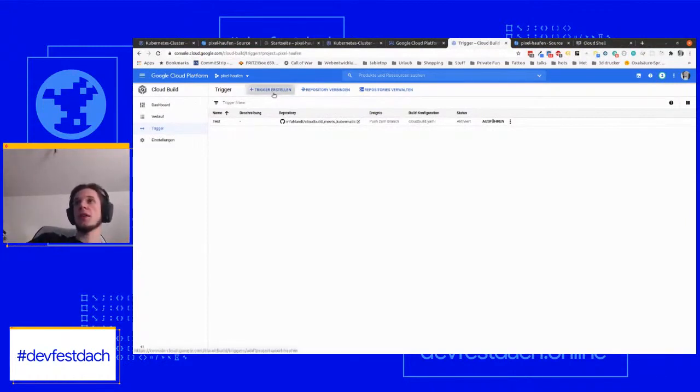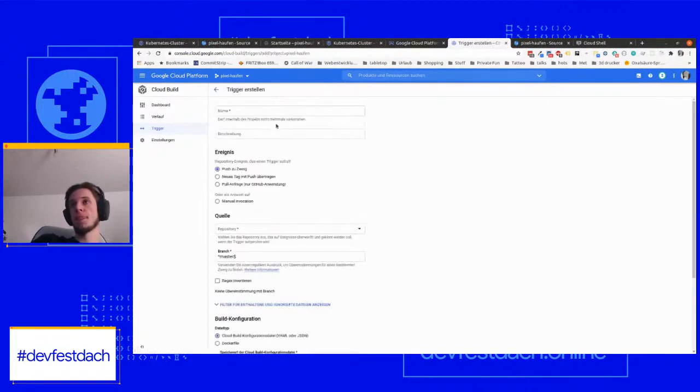So we now need to create a new trigger. And we call it Dachfest application. And it should always trigger when I push to a specific branch onto